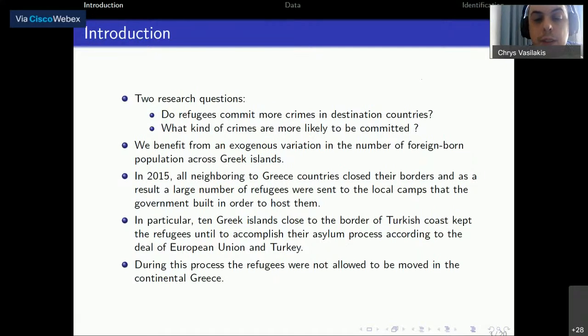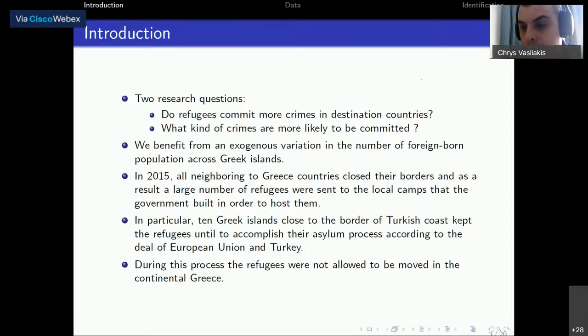And at the same time, the agreement between the European Union and Turkey happened, that until they complete their asylum process, they cannot leave these islands. Otherwise, if they leave, they cannot be returned back to Turkey in case the asylum procedure is rejected. Frankly speaking, the process